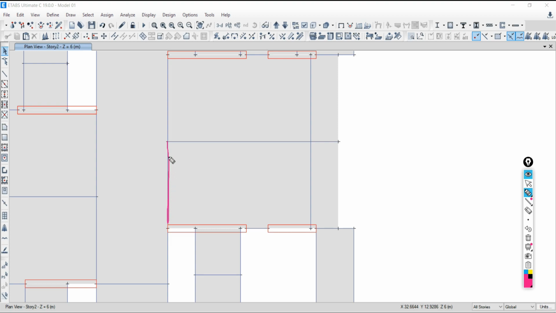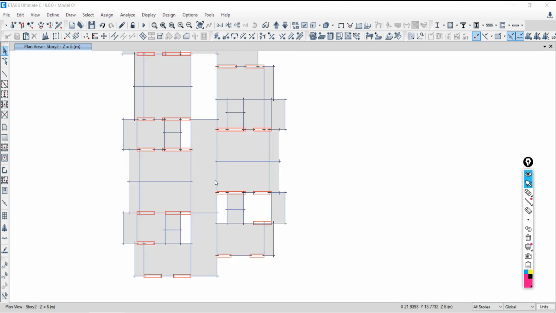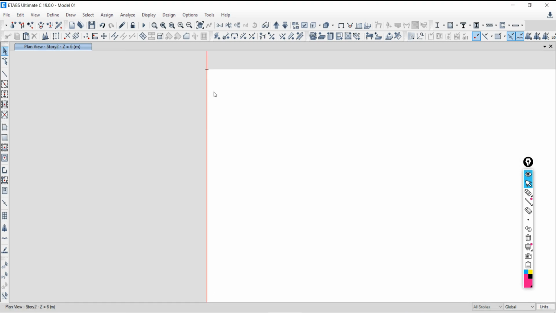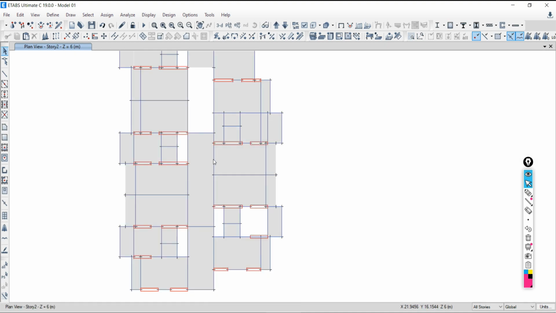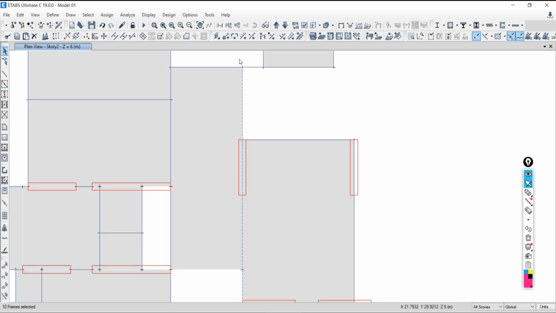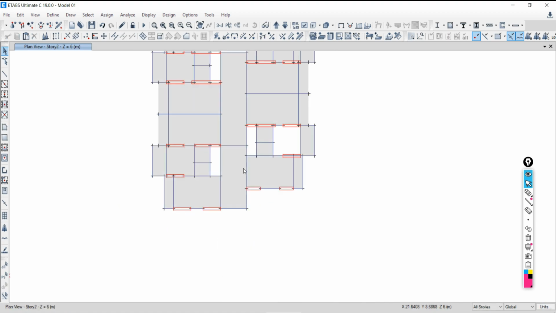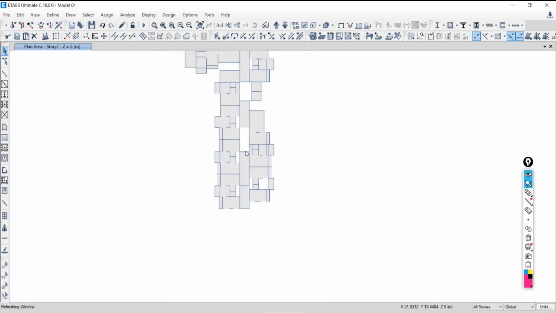So there is some problem with this line. Let me check what the problem is. Zoom it, so we will be able to catch the error. Is it not visible actually? No. So actually we have to correct the alignment along this line, then that error will be resolved. Continuity is there from this point, it's too long. So how to correct this?